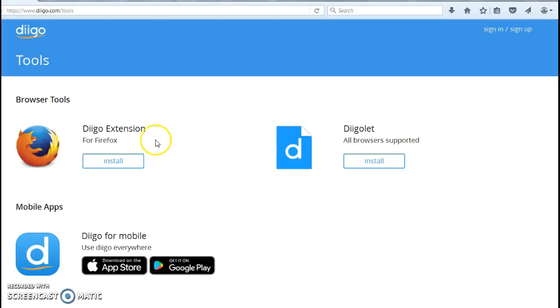So you have three download options. The first is Diigo extension for Firefox. The second is Diigo for mobile. So if you use your tablet or cell phone for your reading, you can feel free to download it for mobile. Or I'm going to install this one here called Diigo, and it supports all browsers. So you can start by clicking install,